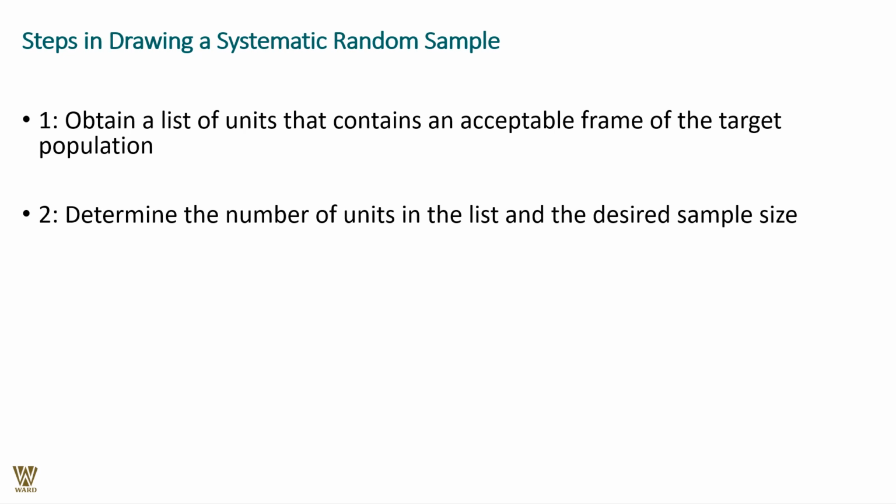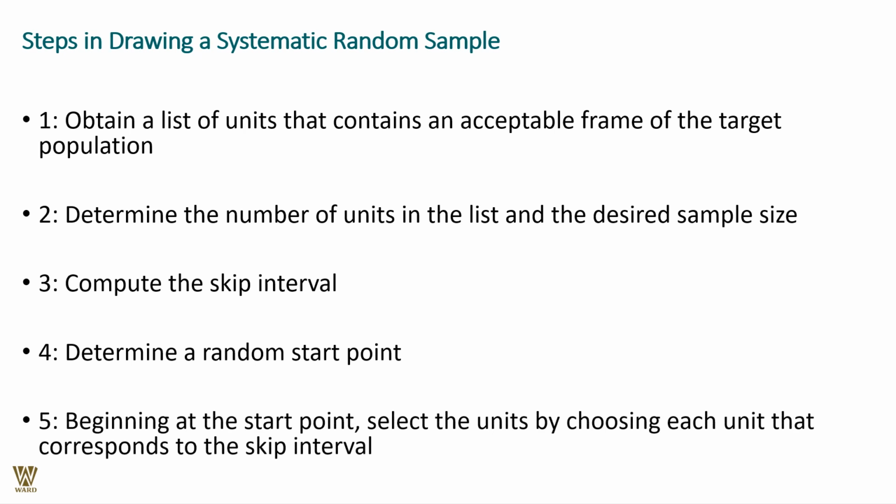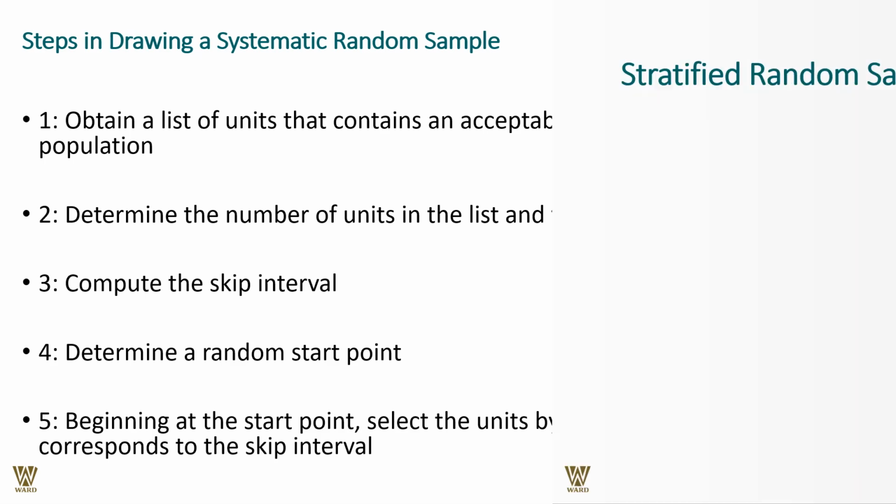For example, economic, for example, based on the skin color. So compute the skip interval. Absolutely determine exactly which characteristics constitute which part of the population, how many part, and based upon it determine the random start point altogether. Begin at the start point, select the units by choosing each unit that corresponds to the